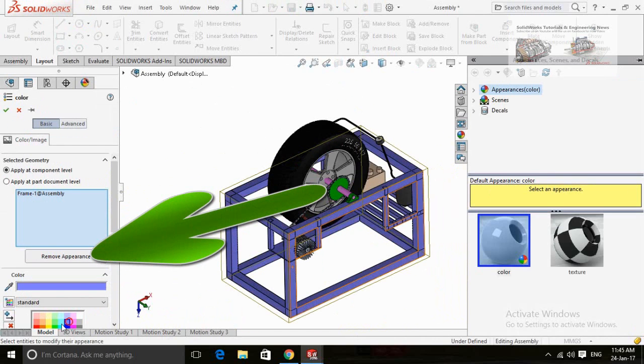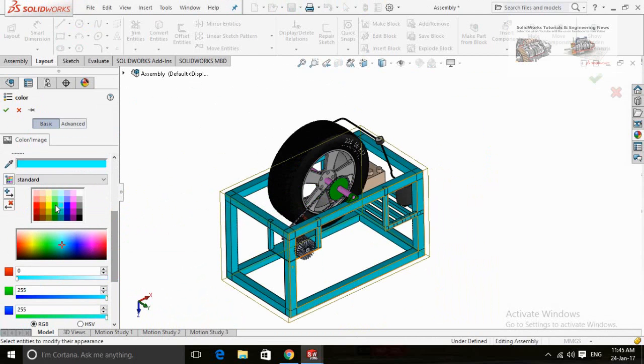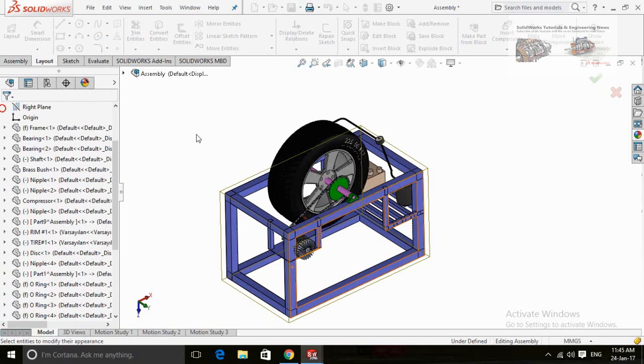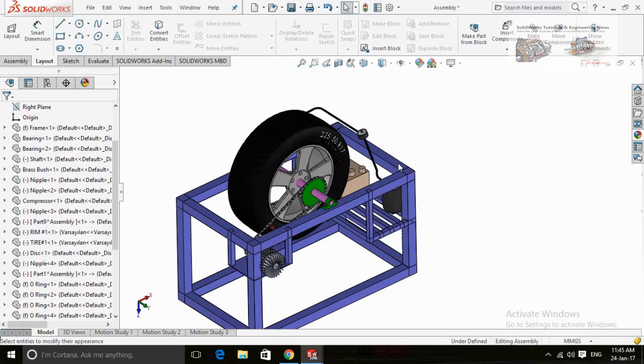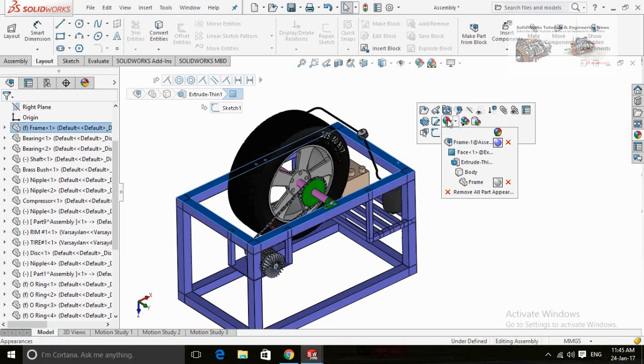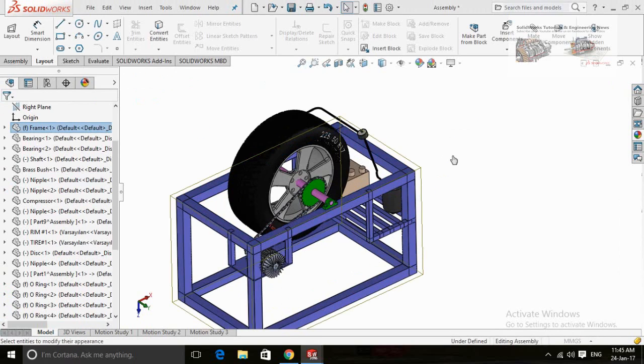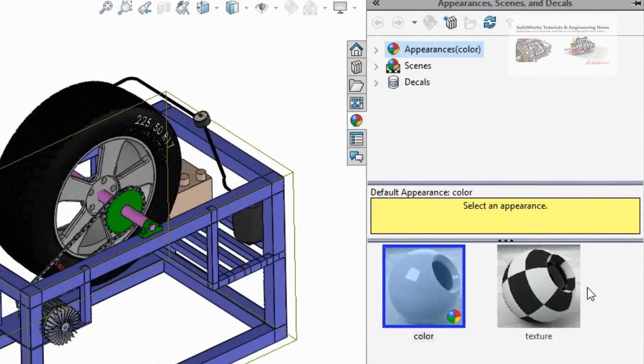Select any color from this portion. And if you want to apply different scenes to your part, click on that part and select appearance. Apply different appearances and scenes from here.